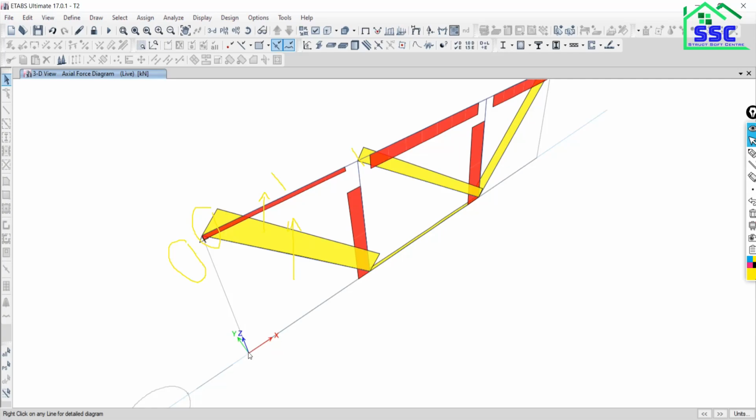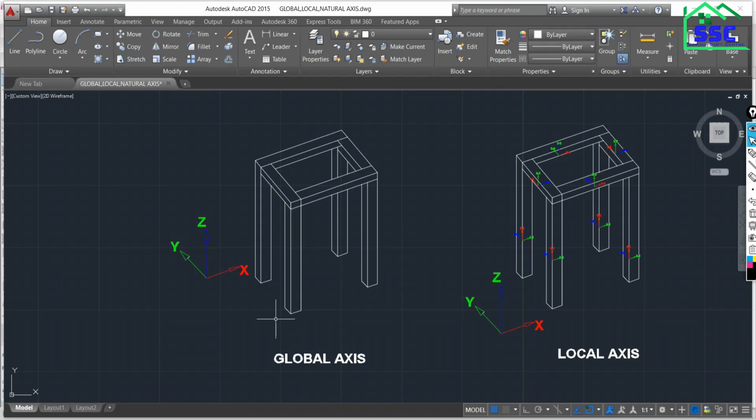All the structural elements running in this direction are along the x direction. All the structural elements along the vertical direction are along the z axis, and this is along the y axis. So this is about the global axis.